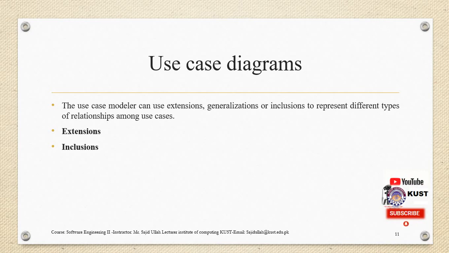Second is inclusion. It allows you to express a part of a use case so that you can capture commonality between several different use cases. Even very different use cases can share a sequence of actions. For example, many different use cases might require an actor to specify a password, to browse through a list of items, or to open a file. Rather than repeating the detail of such common interactions in multiple use cases, you can create a special use case that will be included in all the other use cases. Such a use case represents performing a lower-level task with a lower-level goal.